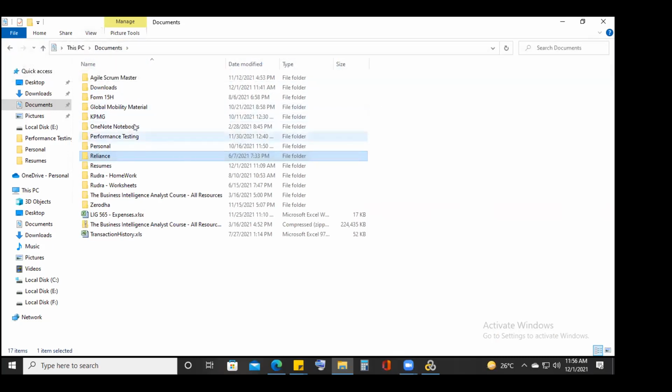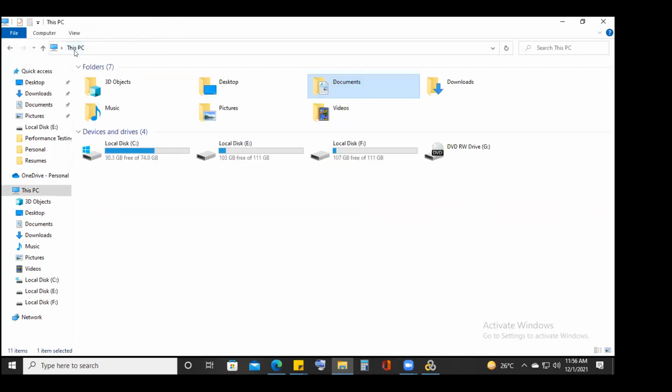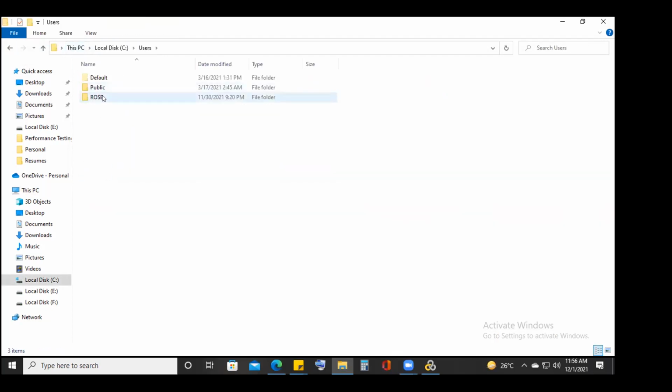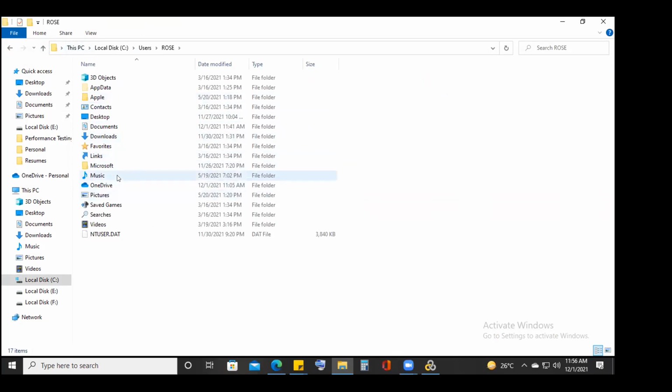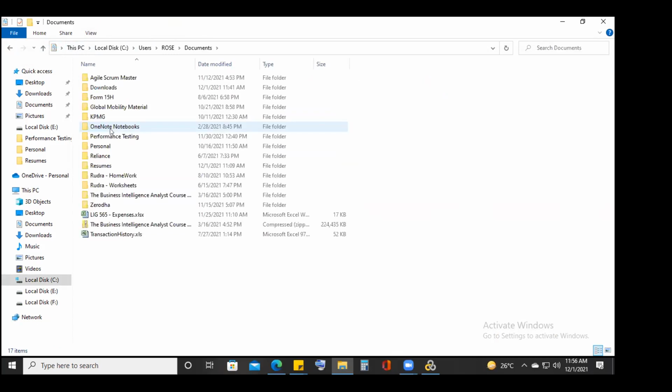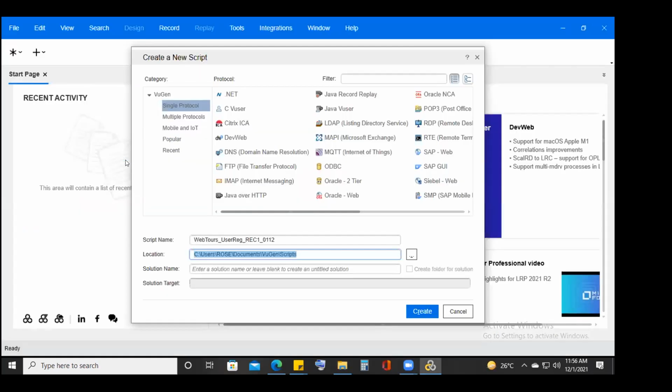Yeah. Go to that path. See Users, whatever path it is showing, please go to that path. Go to Documents. There is no folder called VuGen. Okay, got it. Once you start, it will be created. Sorry, guys, sorry for the confusion. So go to Loader once. And now enter some solution name in the next field. Give the name as WebTools.